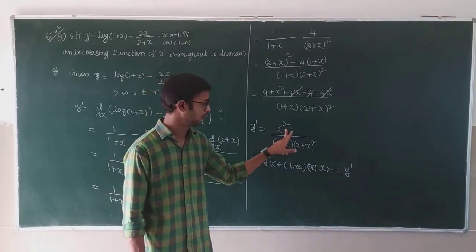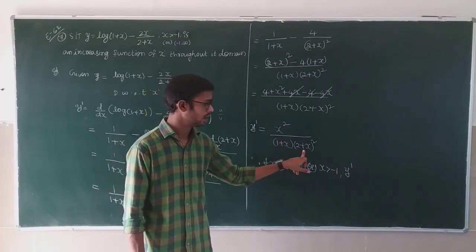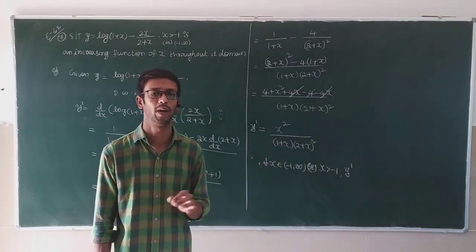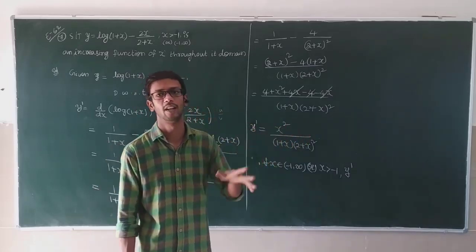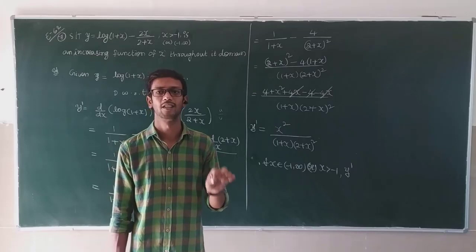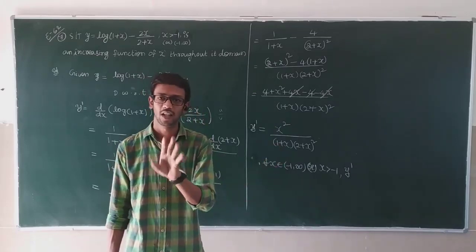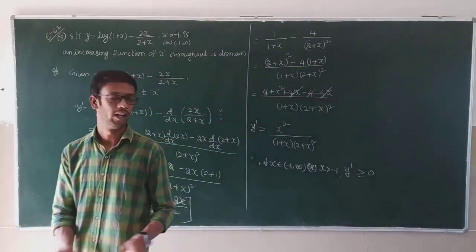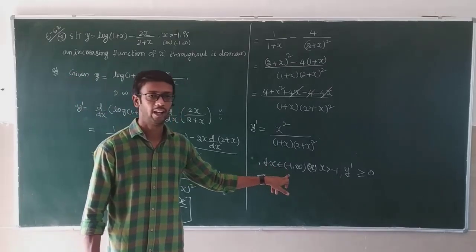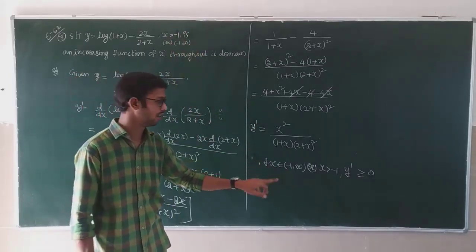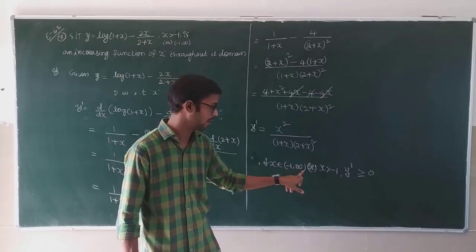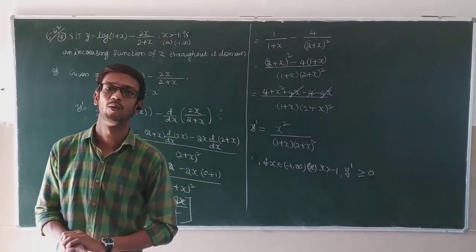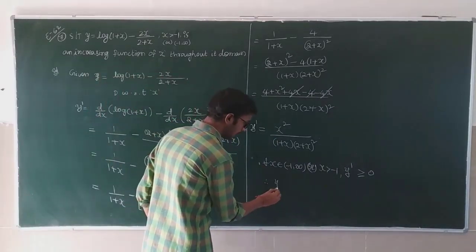Next, taking 2: 4 by 4 into 16, that is 4 by 12, which is 1 by 3, a positive number. Any positive number you take, you will compulsorily get a positive number only, greater than 0. Taking 0 gives 0. So the y dash value is greater than or equal to 0 in this interval, for every x belongs to the domain they have given. That is the condition we are taking. For x belongs to minus 1 comma infinity, y dash is greater than or equal to 0. Therefore, y is